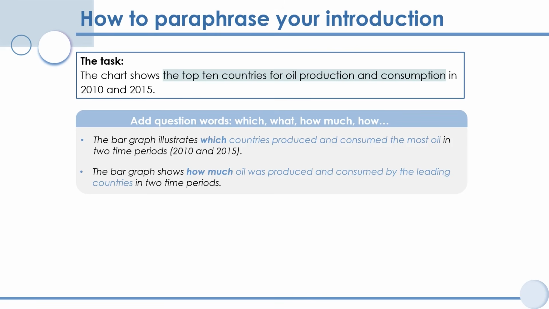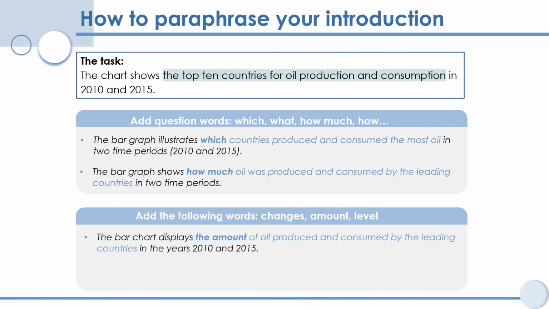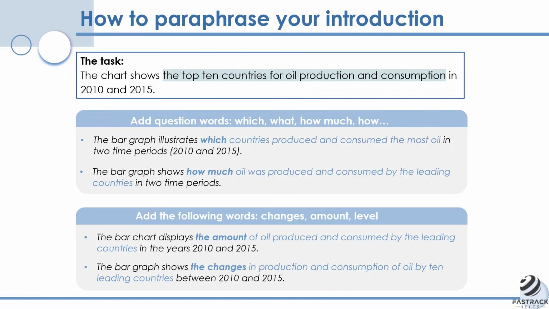2 time periods. That's the passive voice. The oil was produced by countries. Another way to paraphrase is to add the words changes, amount, or level, if they make sense in your sentence. The bar chart displays the amount of oil produced and consumed by the leading countries in the years 2010 and 2015. The bar graph shows the changes in production and consumption of oil by 10 leading countries between 2010 and